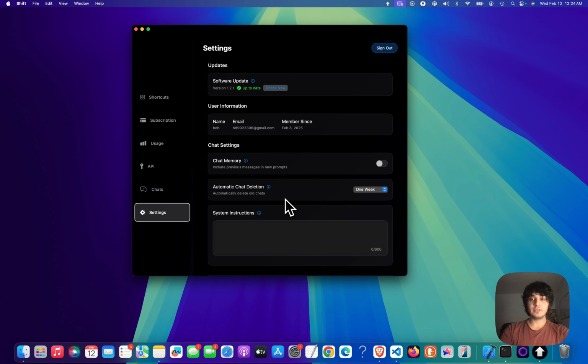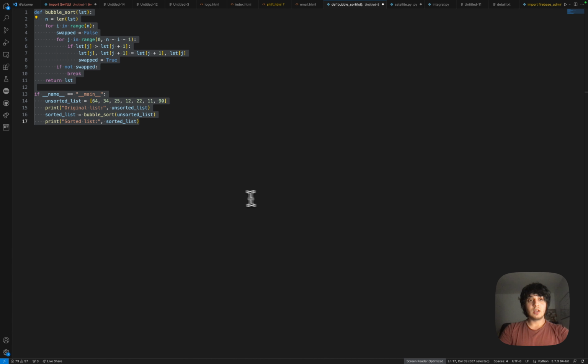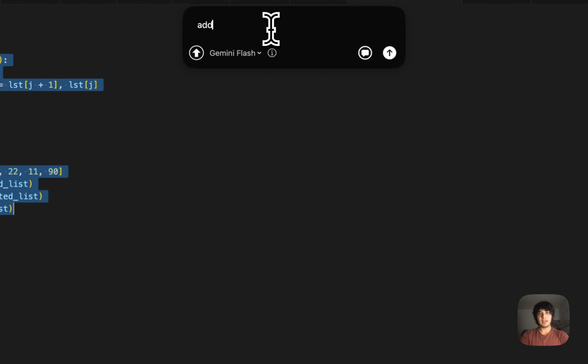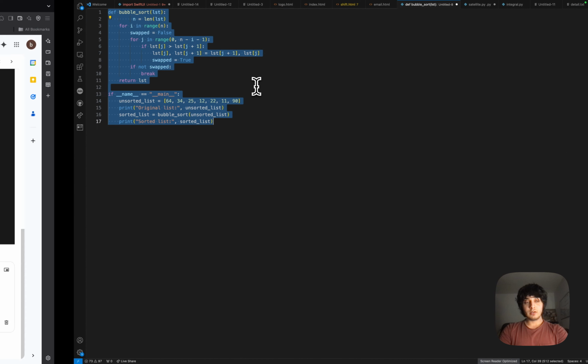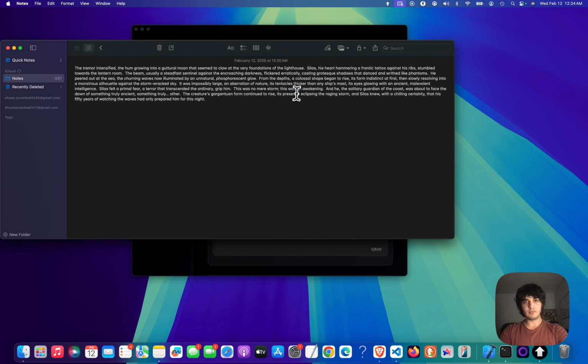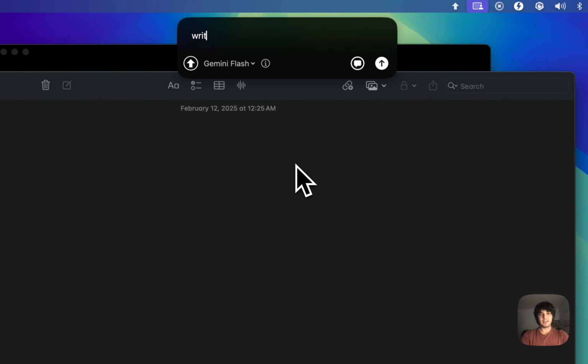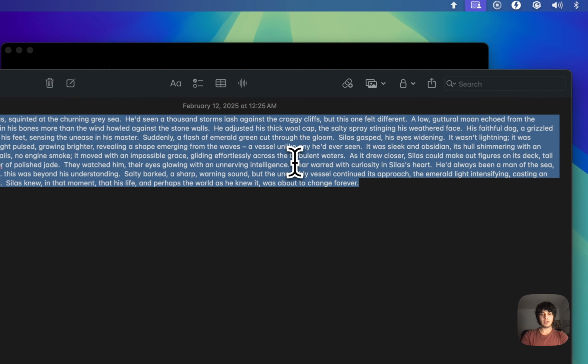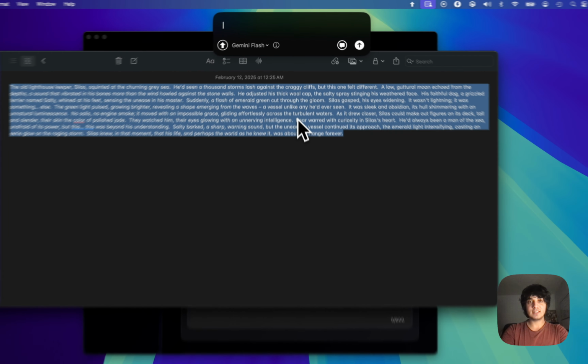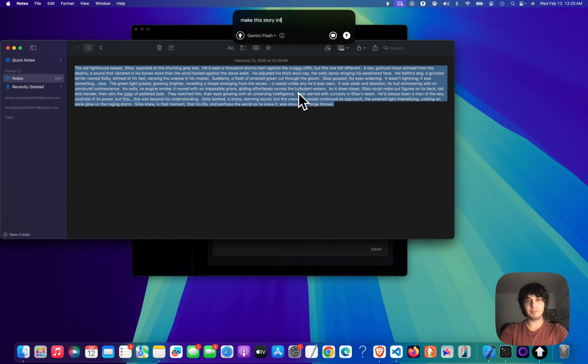Just for context, Shift is an AI app that lets you edit text and code on the spot anywhere on the laptop. You download it, you run it, and then you select the text anywhere, it doesn't matter. Right double shift key, and then you say, for example, add comment to this code, and then you wait, and it's going to do it for you. So it works anywhere. If I go on, I don't know, notes, I wrote text here before, I can just say write a story, anything, just a quick example. Also, of course, if I select it and I say make this story into a poem,